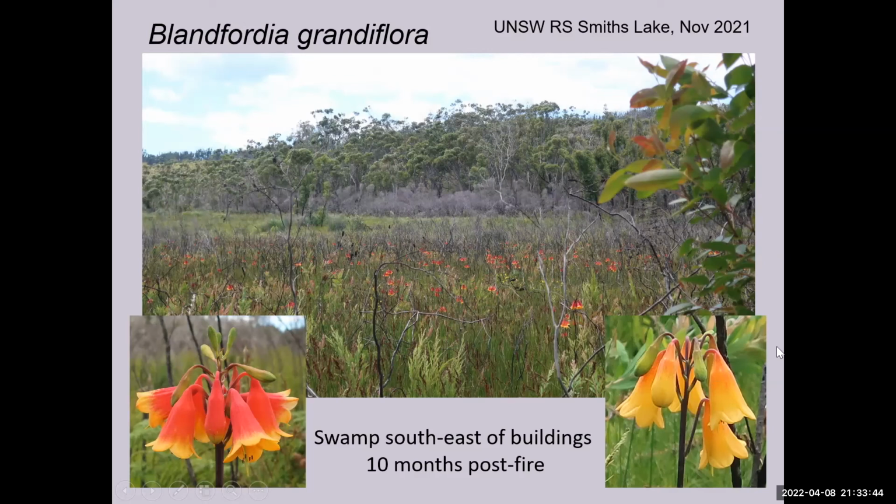with the Christmas bells, the Blandfordia grandiflora, which is the local species up there. Now, it was a really good chance to work out what the proportion of the yellow variants was compared with the normal yellow-tipped red Christmas bells. And only a very low proportion of the yellow ones were visible, but that whole area was just so full